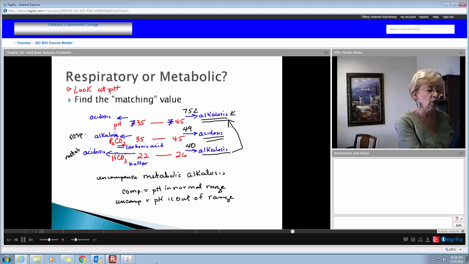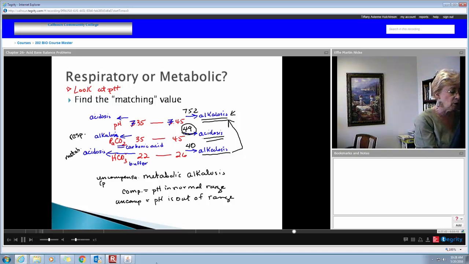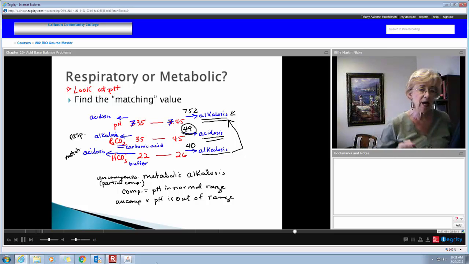So in biology, we see that the respiratory value is way out on the acidosis side also. So in biology, we would say that this lady had partial compensation, which means her body tried to correct that pH. Her body swung out one of the values toward the side opposite the pH in an attempt to bring that pH back in line. It didn't work, so she's still uncompensated, but her body tried.